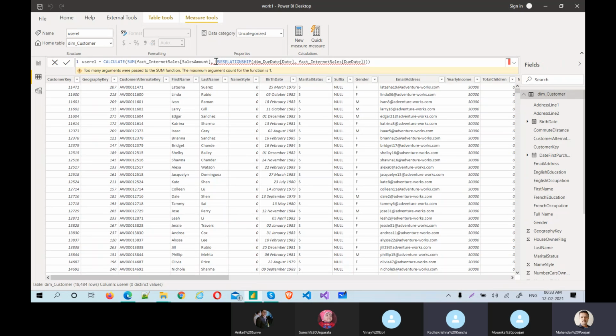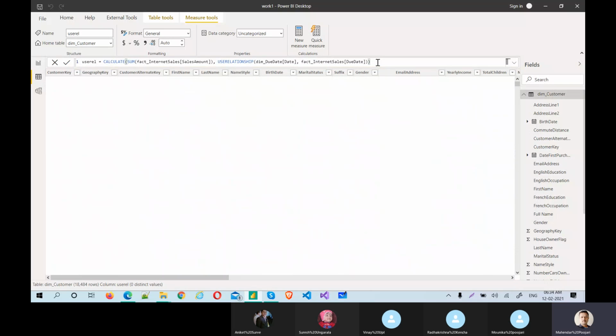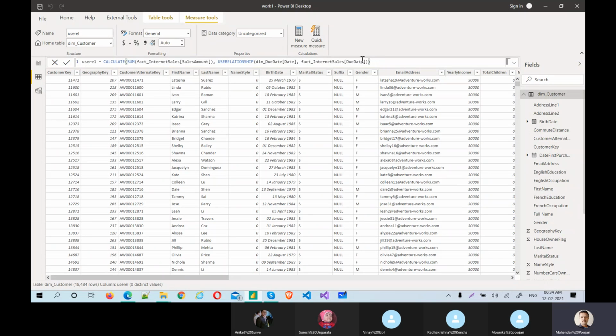You have to put close brackets, right? Yes, perfect. Thanks, RK. So the thing was, SUM should be closed here itself, SUM of this column, and then comma, additionally I'm using USERELATIONSHIP to make a relationship between two columns.